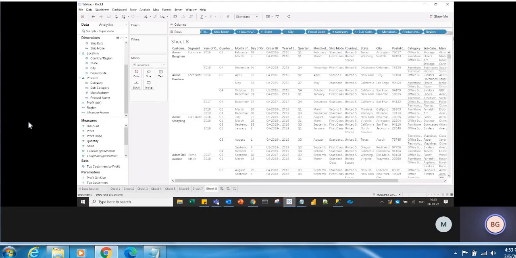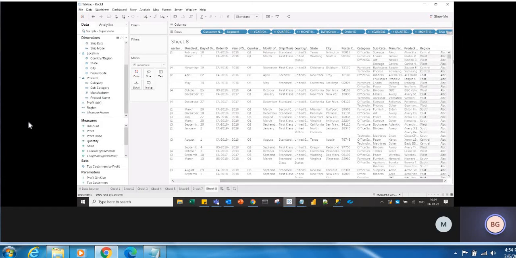So how many dimensions have we dragged? 1 2 3 4 5 6 7 8 9 10 11, 12 13 14 15 16 17 18 19 20 dimensions we have dragged, right? So even if you have other dimensions you can keep dragging up to 50. There is no separate analysis that we do for this, but for your understanding you can, because you will not understand anything here, right?